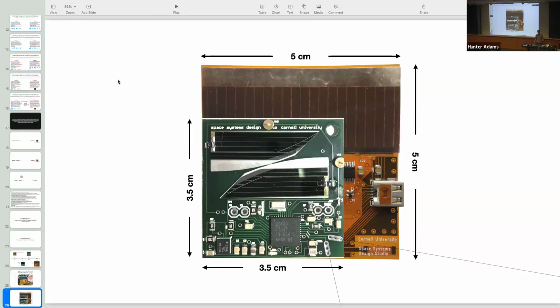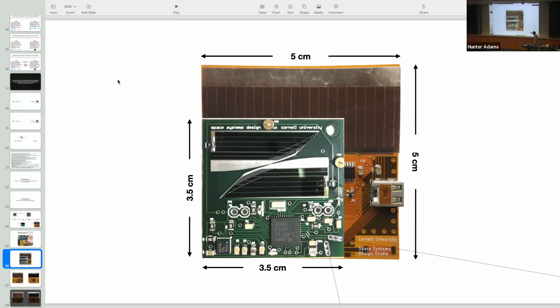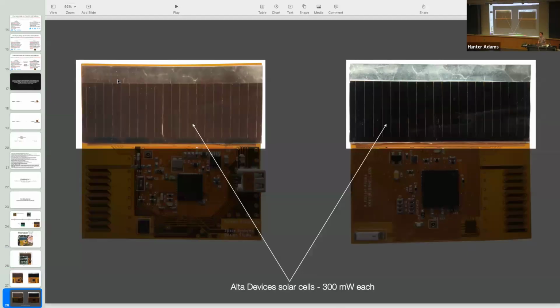But the reason that we made these a little bit bigger was to accommodate these solar cells from a company called Alta Devices, which I don't believe is actually around anymore. They've been subsumed by some other company. But these solar cells produce 300 milliwatts each, which doesn't sound like much, but the previous iteration that included these solar cells, these were 40 milliwatts each. And so it was a tremendous power boost. It cost us a little bit of extra surface area, but for that much extra power, it was worth it. And like I said, you still have smaller mass, so it's still not necessarily a step in the wrong direction. But with that extra power, we suddenly had the power budget to accommodate some really interesting sensors.